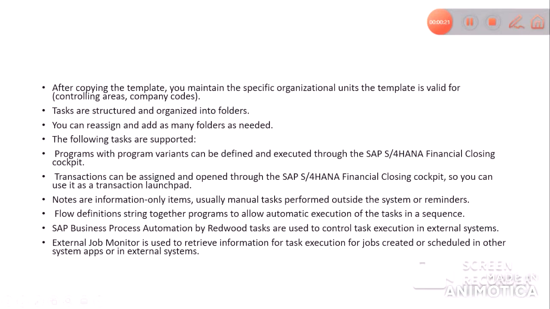So these are the tasks which are supported by the Financial Closing Cockpit. Programs with program variants, transactions that can be assigned and opened and used as a transaction launchpad, and we update the notes which are from outside the systems. Flow definitions: in the flow definitions we string together all the programs and allow automatic execution of the tasks. External Job Monitor is used to retrieve information